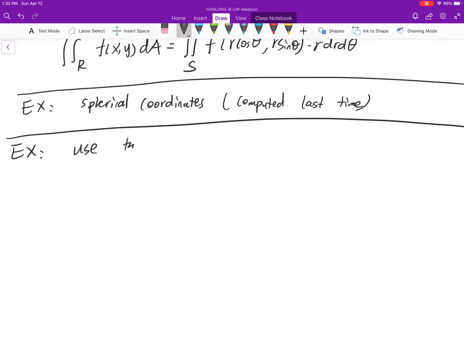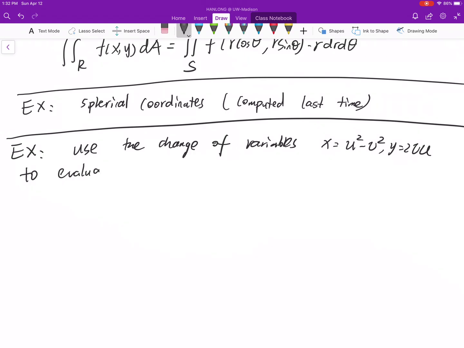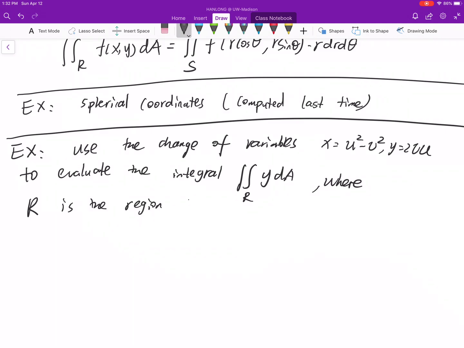Use the change of variables x equals u squared minus v squared, y equals 2uv, to evaluate the integral of y over the domain R, where R is the region bounded by the x-axis and the paraboloids